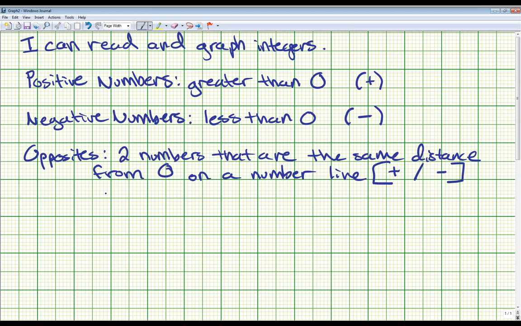The last highlighted word there in the key idea box says integers are a set of whole numbers and their opposites. So all whole numbers that are positive and negative are called integers. So we'll write down that word. We're going to say whole numbers and their opposites. All right, now that we've got a few vocabulary words down, we'll go ahead and get